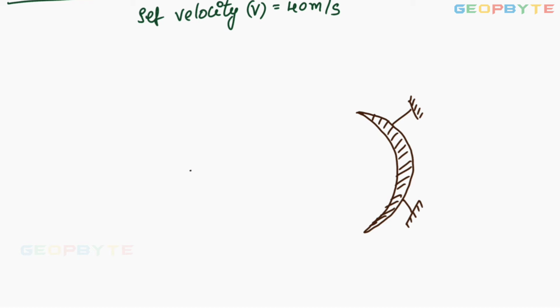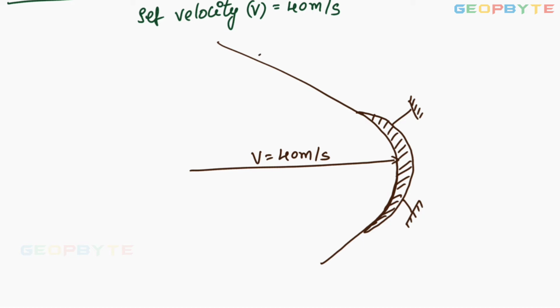The jet is entering the plate at the center with a velocity v equal to 40 meters per second. The jet is hitting the plate at the center. Once the jet is striking the plate, half of the jet may be moving down like this, remaining half may be moving up like this. Here jet is leaving with a velocity v only, that is 40 meters per second. Jet enters at 40 meters per second, leaves at 40 meters per second, because the jet velocity cannot be changed